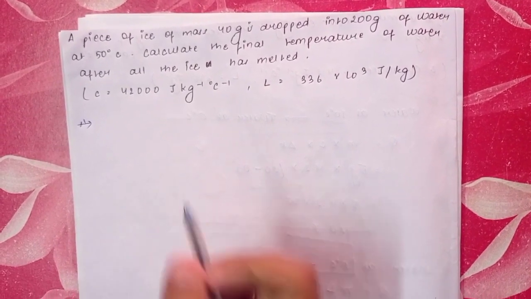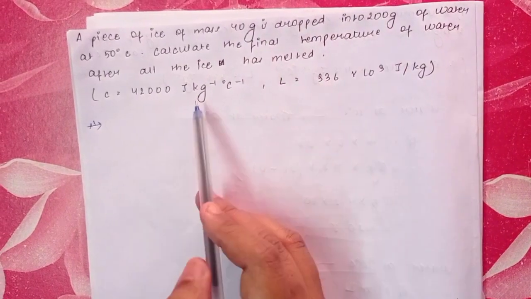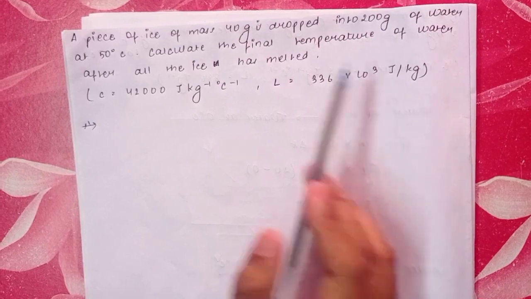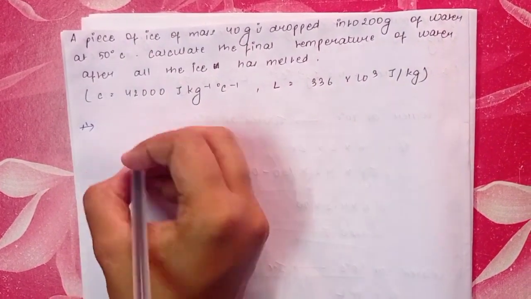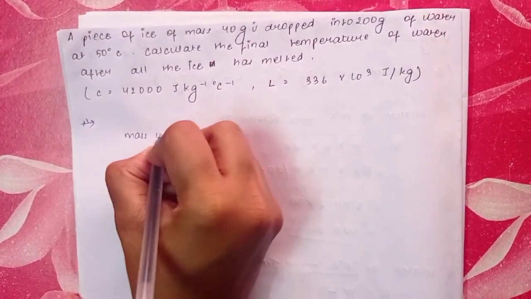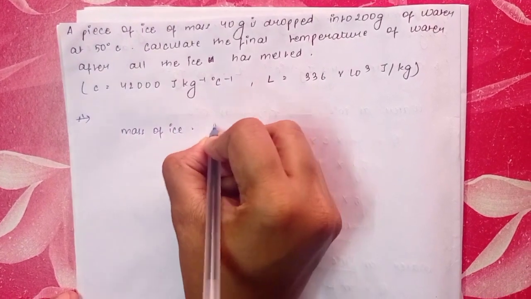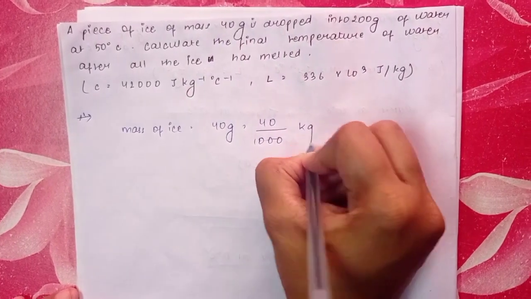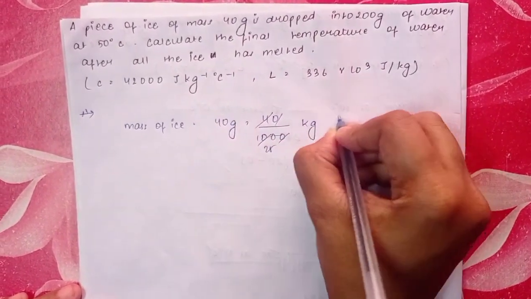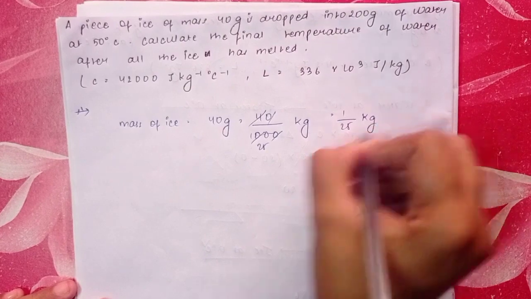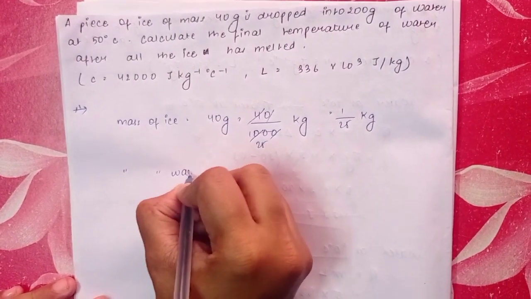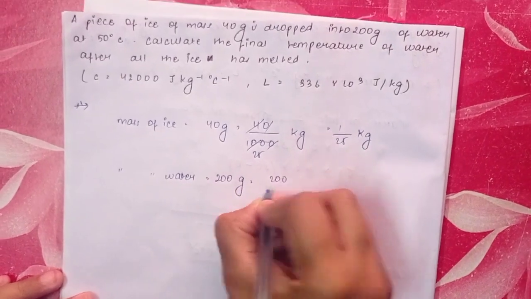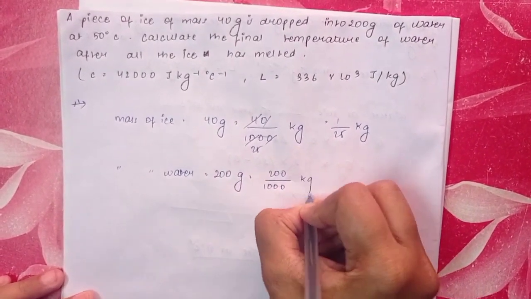So let's see. Over here we can see the values are in gram, but our specific heat capacity and latent heat of fusion is given in kg. So we will convert these masses into kg. So first of all, mass of ice is equal to 40 gram. That means 40 by 1000 kg. So 1 by 25 kg. Similarly, the mass of water, it was 200 gram. So 200 by 1000 kg,